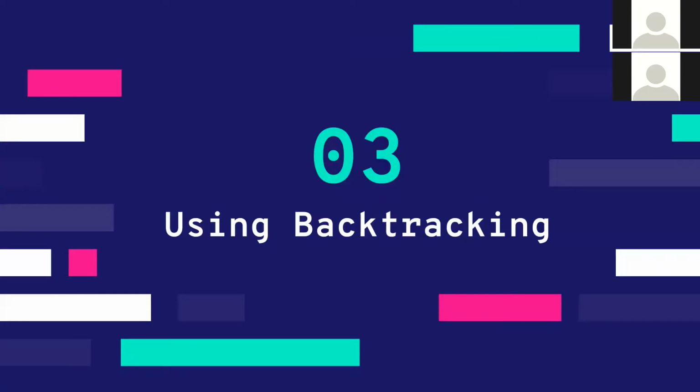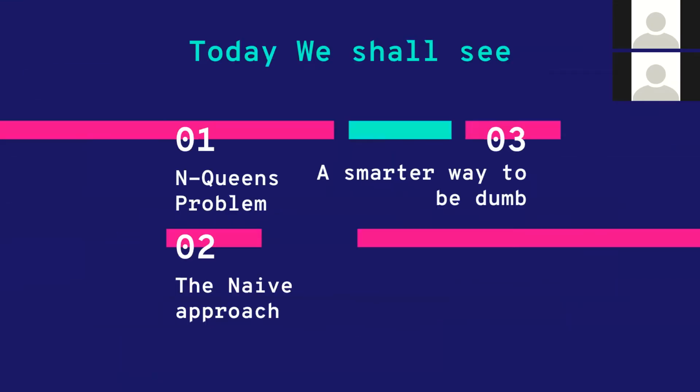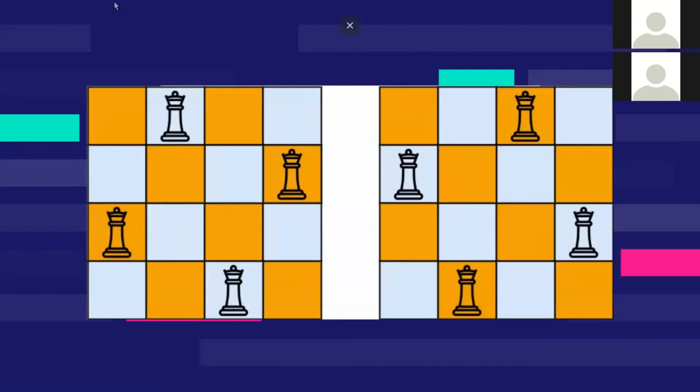Okay, so there is a different approach called backtracking. We'll see what the solution is. Before that, let's go back to the problem just to make it clear again, because before we go to the solution, we need to understand the problem properly. So yeah, this is the problem, right?